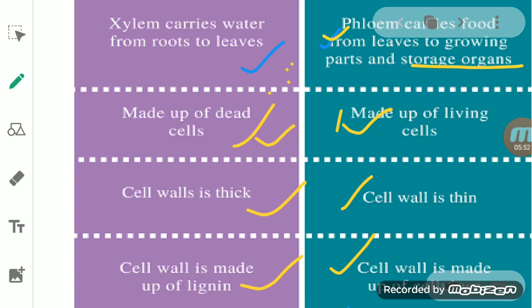We know, as we have studied in case of the parenchyma also, that parenchymatous cells are living, as well as thin, and due to the thin cell wall the exchange of substances can take place easily in parenchyma. The same thing with the phloem: the cell wall is thin and it is made up of living cells, which proves that exchange of material can take place in the phloem. And why is the cell wall thin, student? It is because it is made up of cellulose.